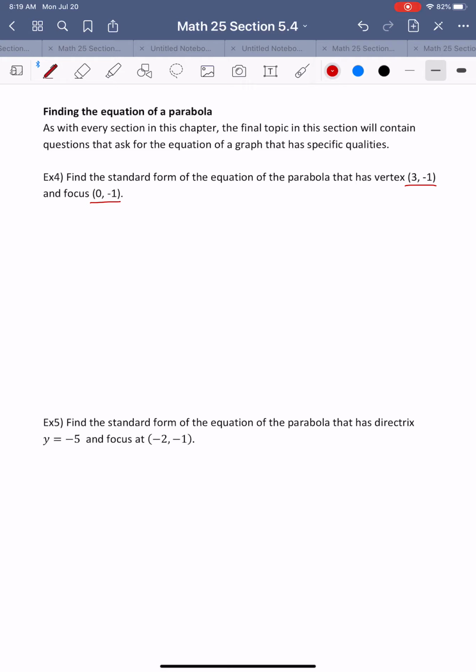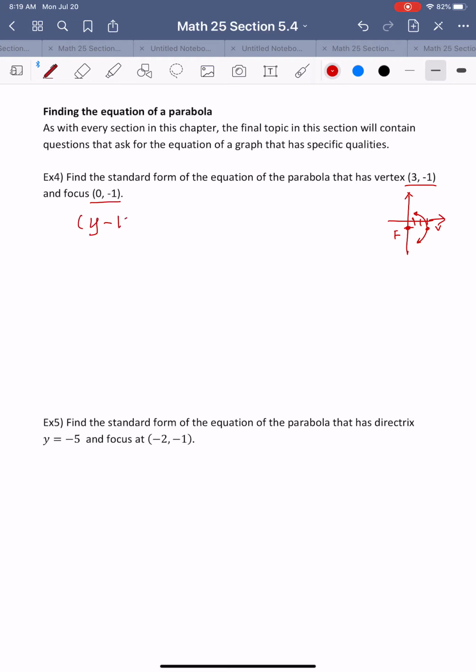So first of all, I want to have a rough graph to get the equation, okay? So the vertex is (3, -1) right here. So that's the vertex. And the focus is (0, -1), which is right here. So this is the vertex, this is the focus. Which means your graph is going to be something like this. Oh, so it goes to the left, right? So I'll write the standard form as